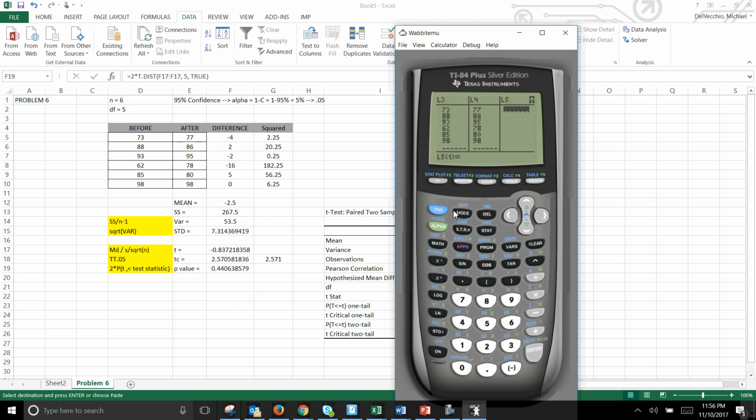Okay, and then another thing you can do is you can access the list. So let's do second stat. Okay, and here I get a list of names. So list 3 was my before. And if I subtract that from my list 4, okay, I actually get my differences there, and I can store this if I hit my store button down here as list 5. Okay, so list 5 is my differences. You can see that those match up with the differences here, and that's what we're actually going to be performing